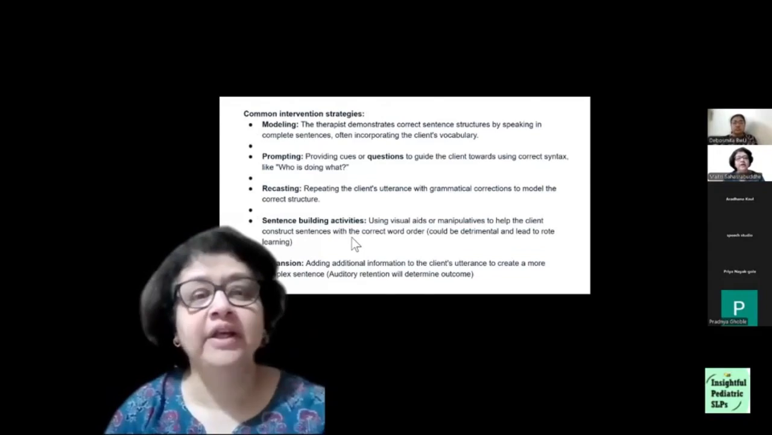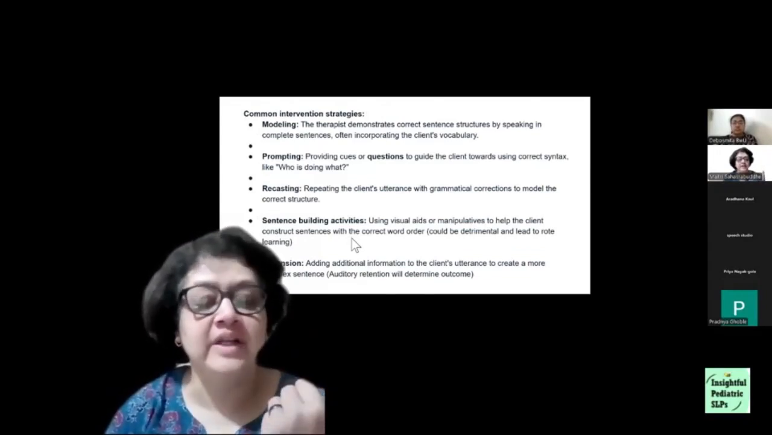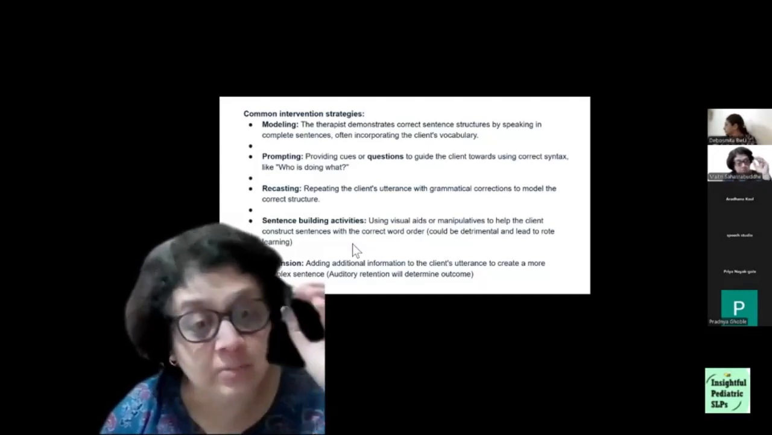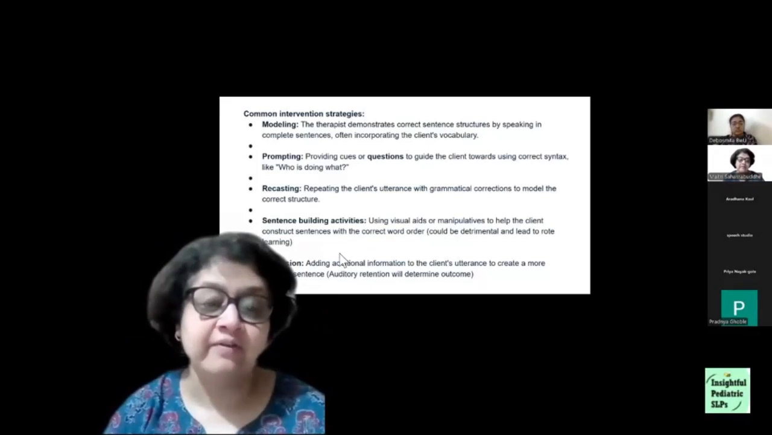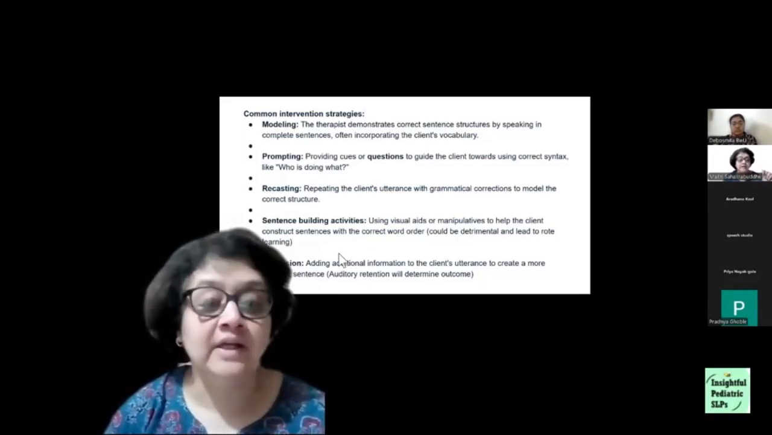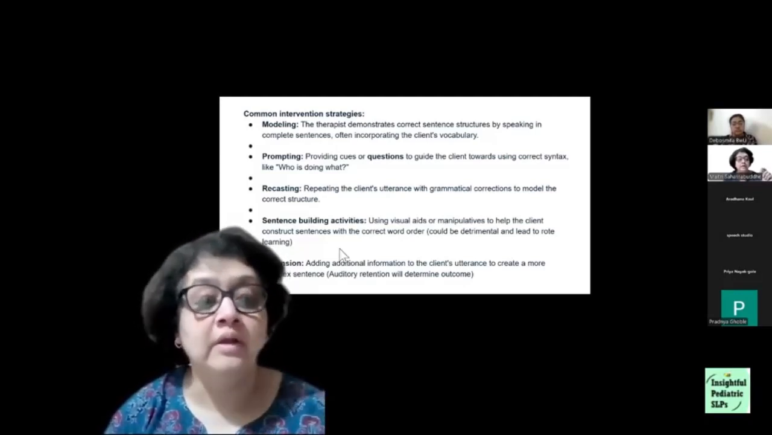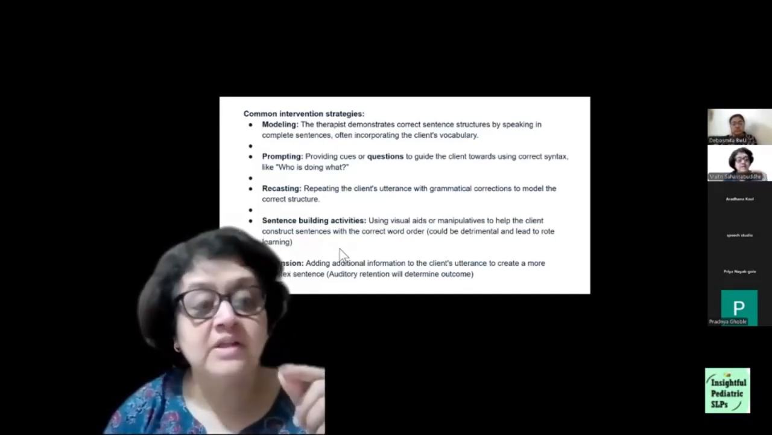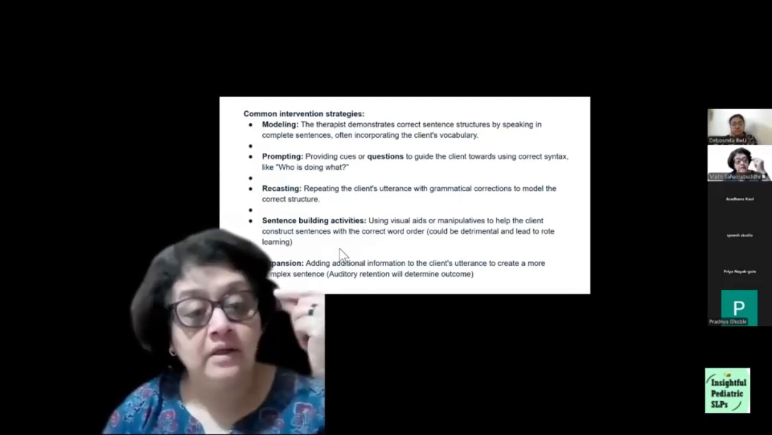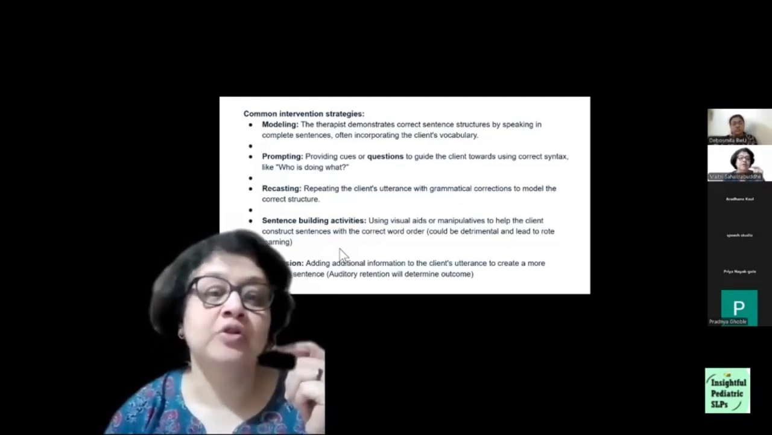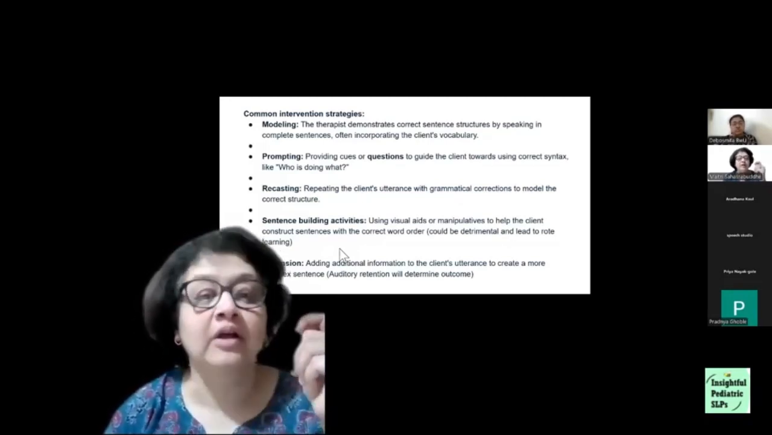Now, modeling, prompting, recasting, sentence building, we have all read about it, but are we doing it with the intention that we want to work on a particular characteristic of that particular language? If I could write my intervention goal: the child's syntactical knowledge today is only using the regular past tenses. In the next 3 months, am I able to take this child to the category of being able to even